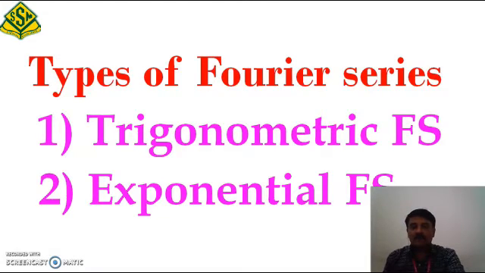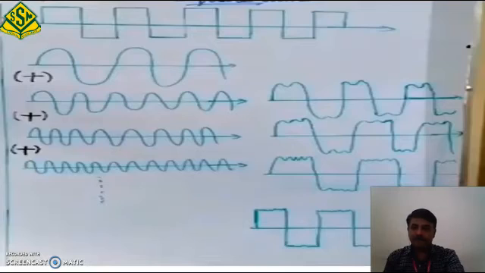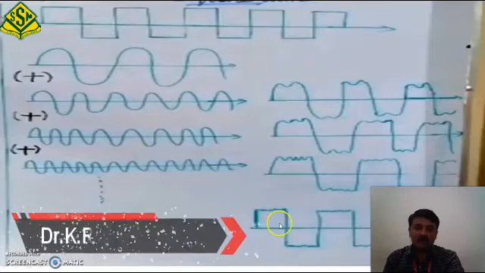Types of Fourier series are mainly divided into two groups: trigonometric Fourier series and exponential Fourier series. As I said, this is our original input signal. It is going to be segmented into a series of sines. From these sines we can analyze, and then finally we retrieve back our original signal. See, this is the first signal, this is the second, retrieved signal. Almost it is closer. After analyzing our signal with the help of sines and cosines, we retrieved our signal back.